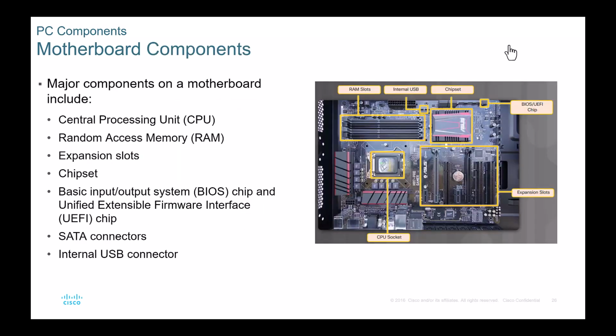So you can see at the top, or in this case, on the side, we have our CPU socket. This is where we plug in our CPU, whether that be AMD or Intel. We have our slots for our RAM. It's important when you look at the motherboard or look at the manual to know what slots you're supposed to put the RAM in if you're not going to be filling all of them up. We have our different expansion slots here. So these are our PCI Express and PCI expansion slots here at the bottom.